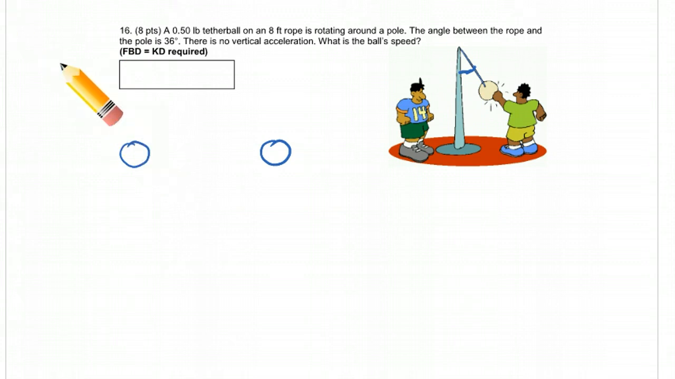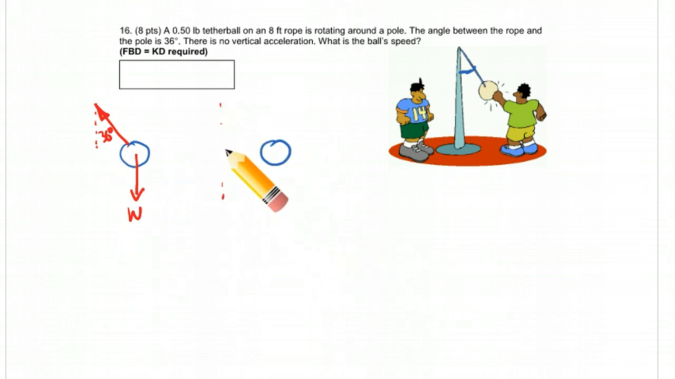Okay, so I'm going to draw the tension in the rope. That rope is at 36 degrees. The other force on the ball is the weight. The pole is over here, so the ball's rotating, and there's going to be